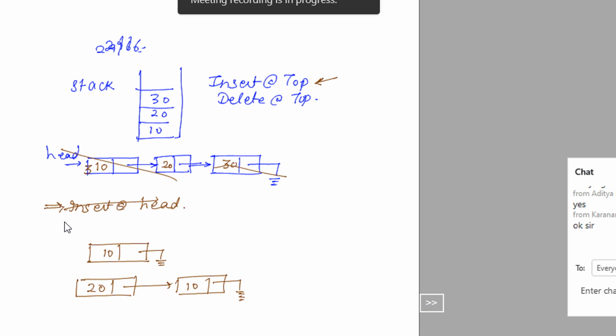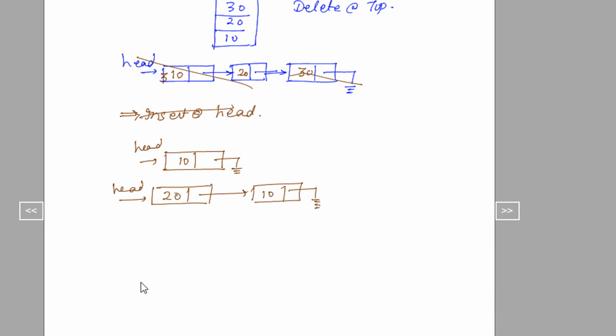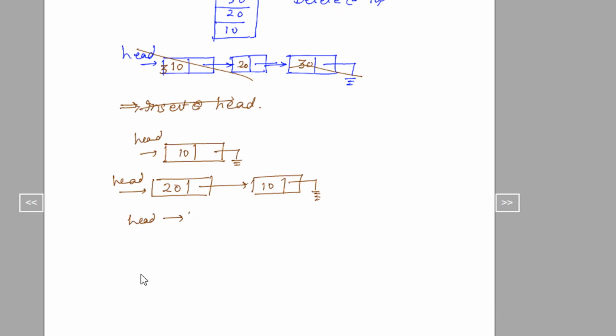After 30 comes, this will be head initially, then this will be head in the next step, and then finally we have head. If we insert 30, it will be like this. So you can see every time I'm inserting at the beginning of the linked list, and you have already seen how to insert at the beginning of a linked list.